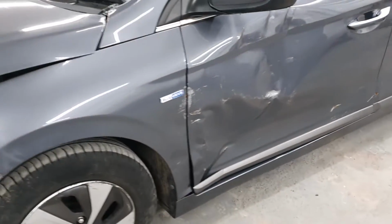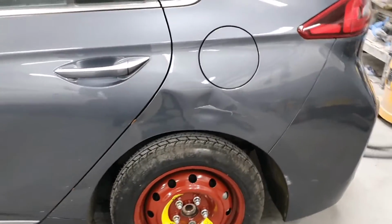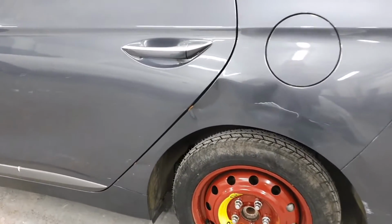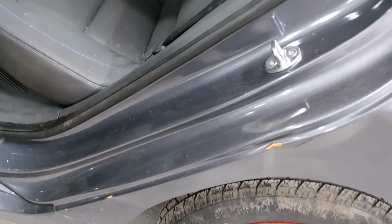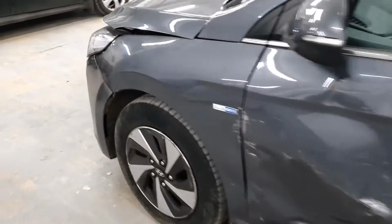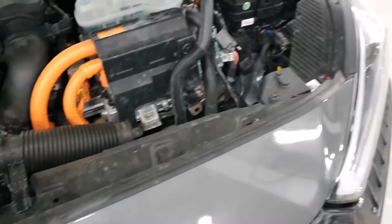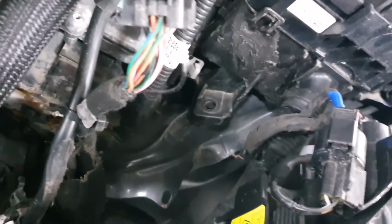The door, you can see it as well when the car is in auction, because this is seen damages. The quarter panel quite badly damaged, inside the door shut as well, that needs to be repaired. And then yeah, basically when we open the bonnet, that's all these damages,